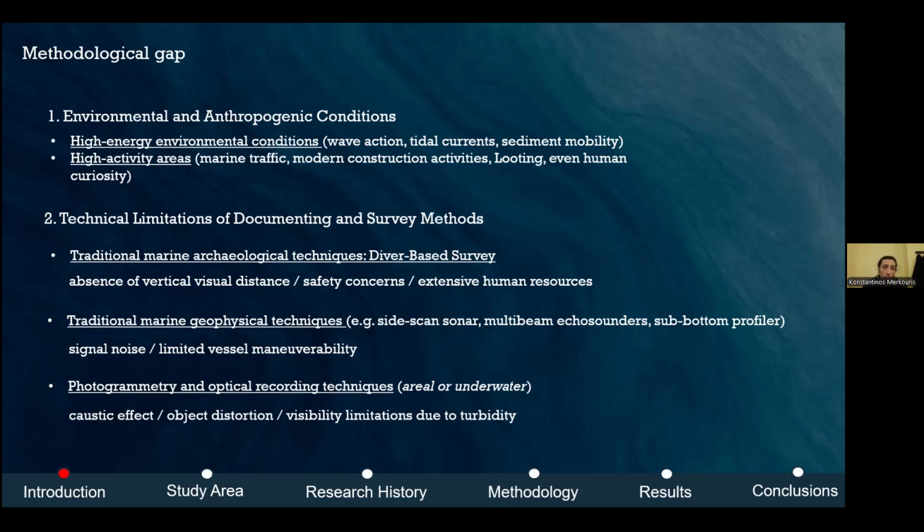So, moving to the second factor that limits the research, related to technical constraints. The traditional diver-based surveys also face several limitations because shallow submerged sites often cover large areas,